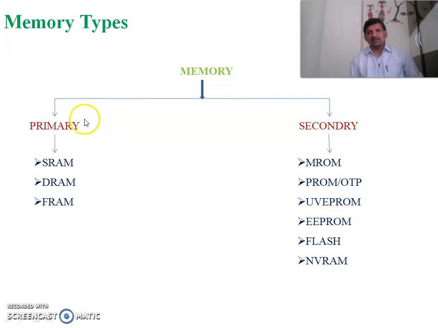Based on the fabrication, programming and erasing techniques, there are different types of secondary memory devices. Primary devices are static random access memory, dynamic random access memory, and ferroelectric random access memory. Nowadays we are using FRAM in most microcontrollers. Secondary memory devices are masked ROM, PROM, UV EPROM, EEPROM, flash memory and